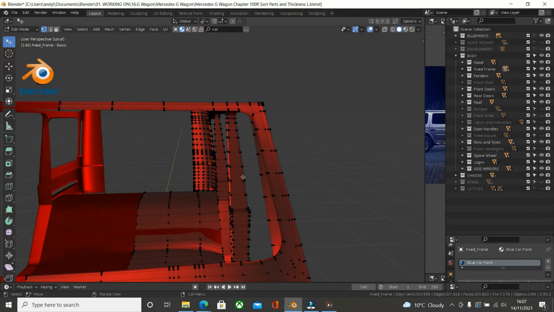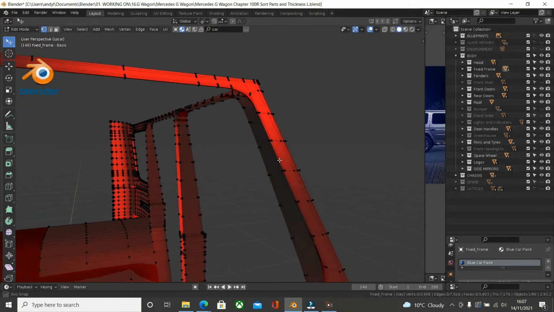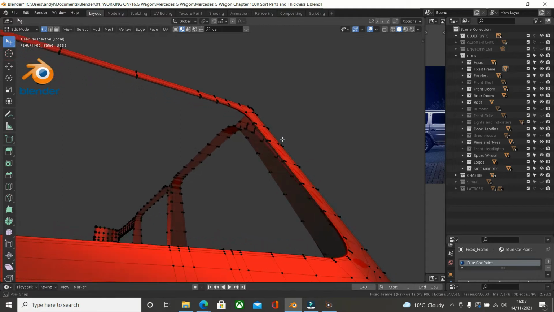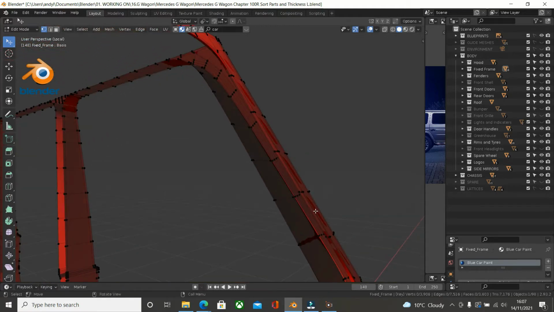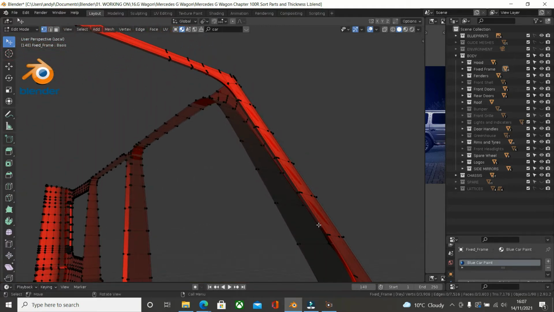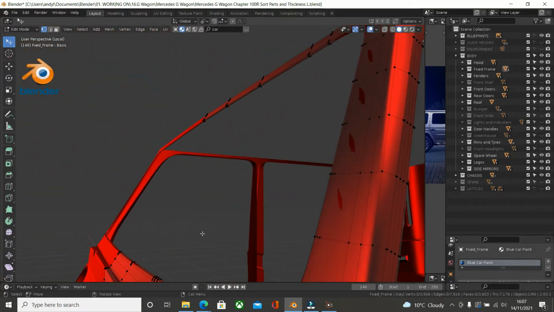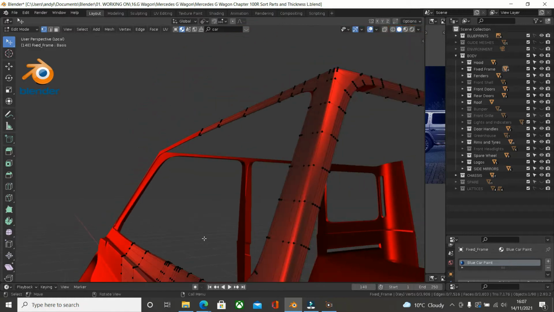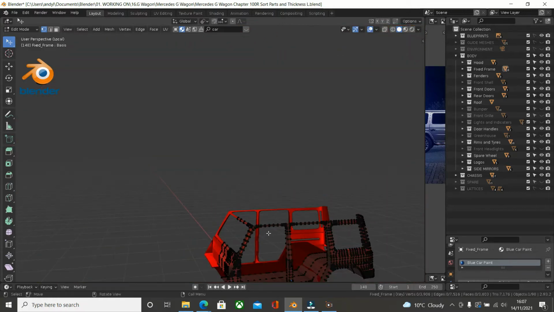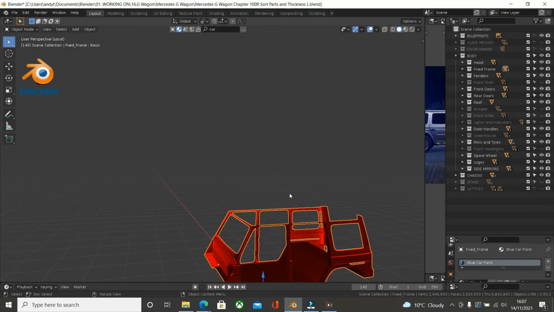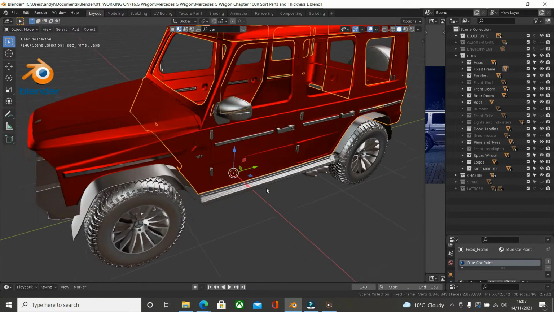I've put some on the internal part of the, well, I thought I had. Yes, I put some on the windshield base there, so in the doors, etc. So if I tab out of that, go into here,